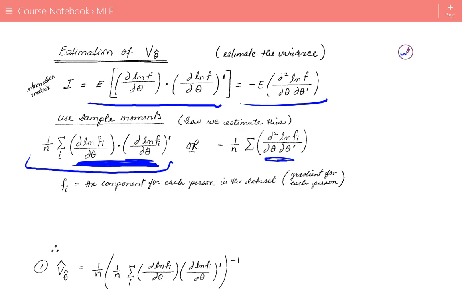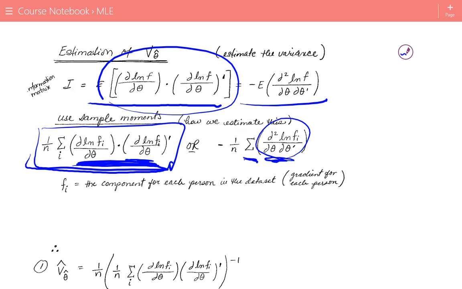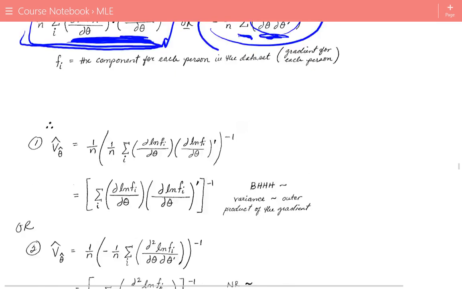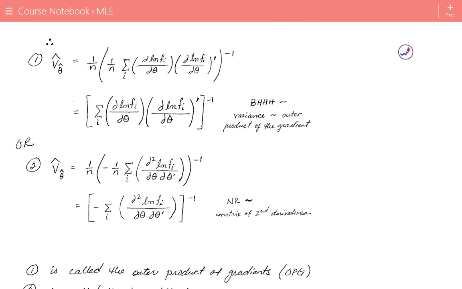Or I can calculate the Hessian matrix, essentially for each individual, each independent observation in the data set, and then sum those. So we either have the 1 over n, the sum of the outer product, that's giving me a sample moment representation of this expected value, or I can take negative the sample average of the matrix of second derivatives, which is going to give me the sample moment parallel to that one. So we have two estimators. We have the first estimator, just as I said,